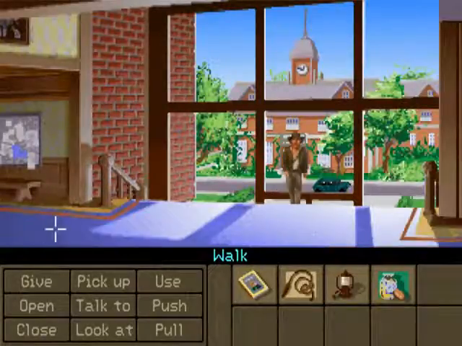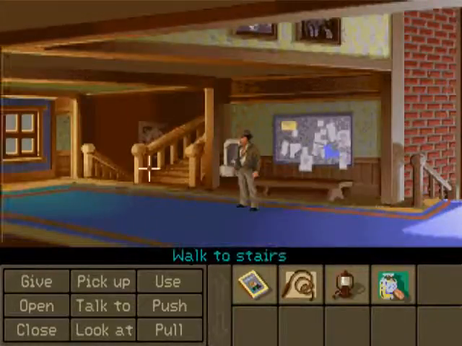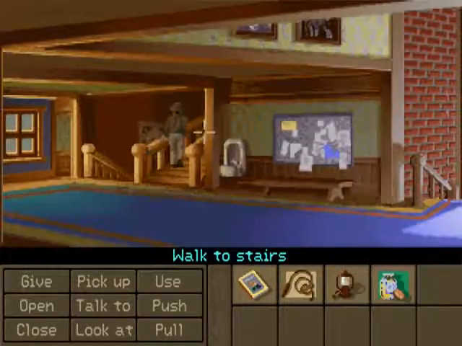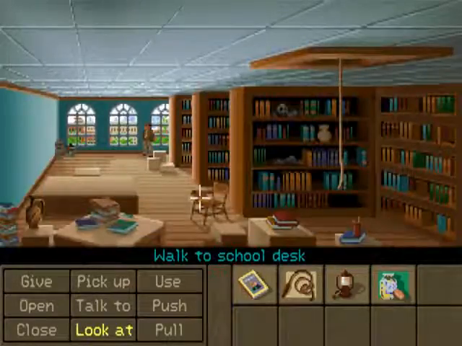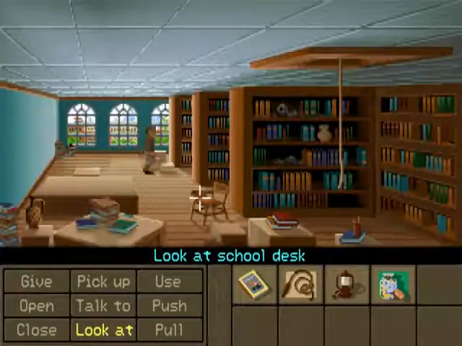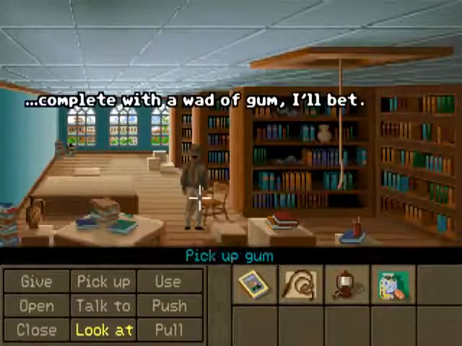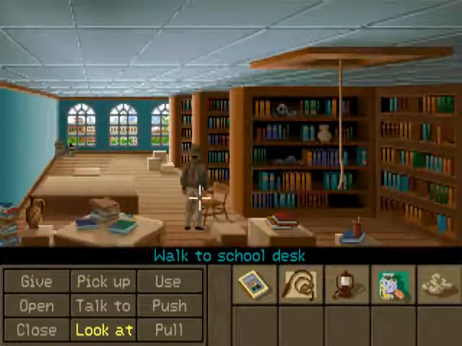Okay, so we're gonna go down here. Actually, no, wait. Let's see. Let's go upstairs. So we want to look at the desk. It's an old lecture hall desk, complete with a wad of gum, I'll bet. Pick up gum. It sure is gooey. Okay, and then...